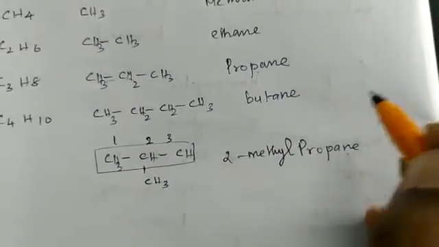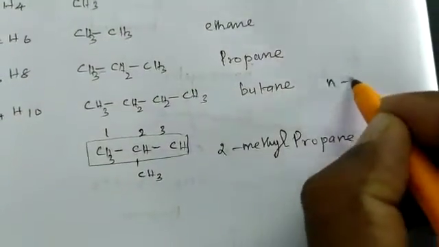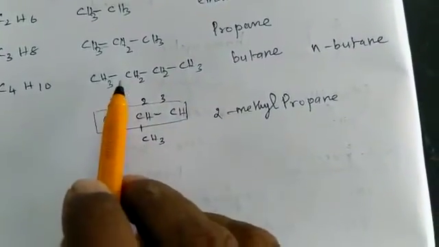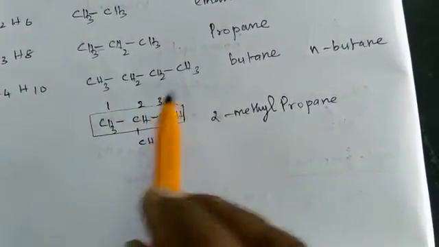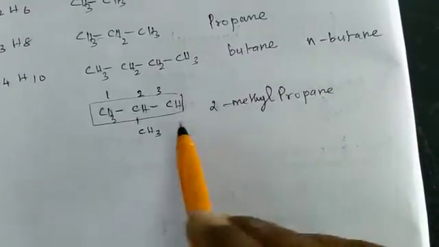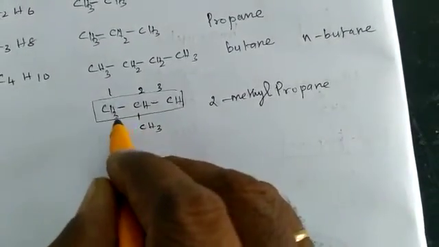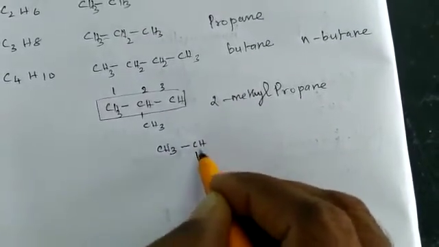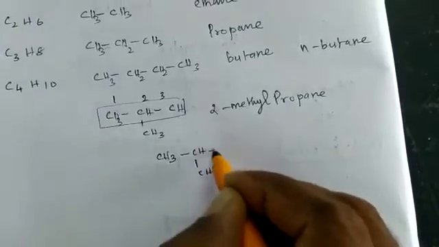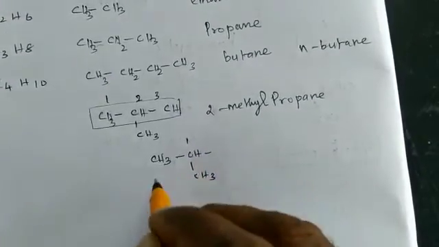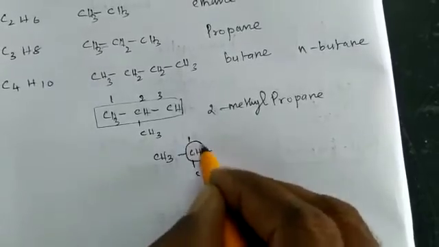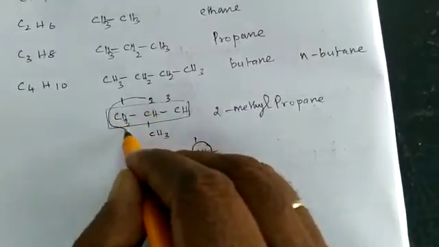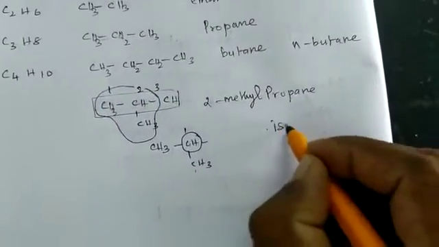When we consider the common system, it is named n-butane. n means normal chain. Normal chain means the chain which contains primary and secondary carbon atoms only. Normally it is a linear chain. And this one is called iso. Iso is nothing but 1-methylethyl. That means this is an ethyl group, so this is the first carbon. This is the 1-methylethyl group. That means the 2 methyl groups attached to the second carbon is called iso. So here the iso group is present. So you can call this isopropyl.